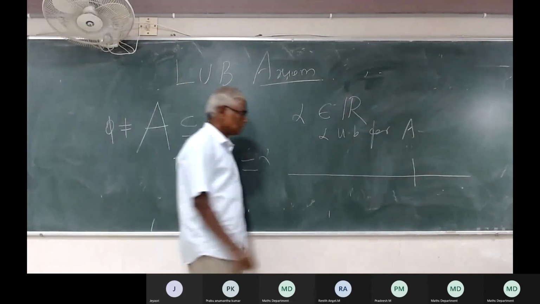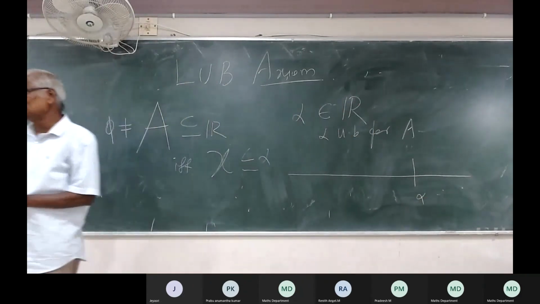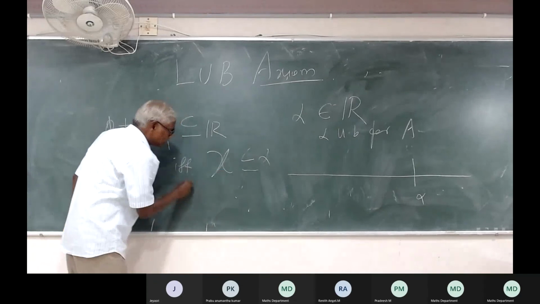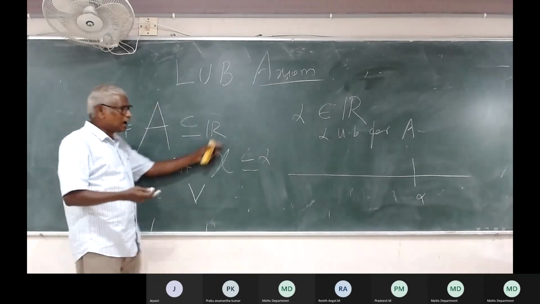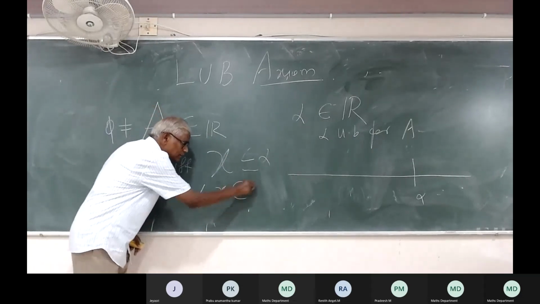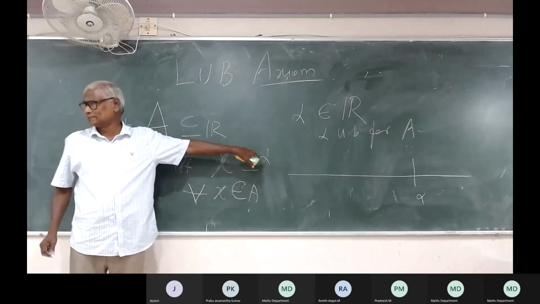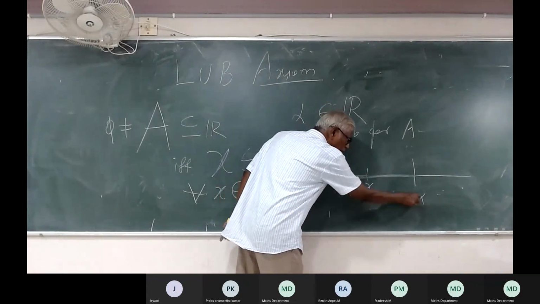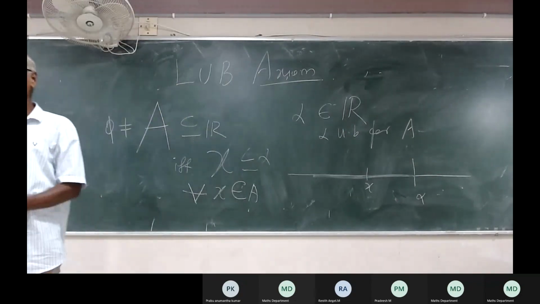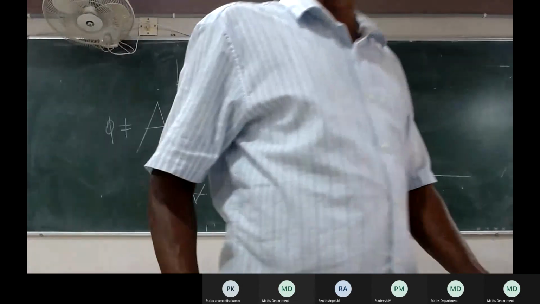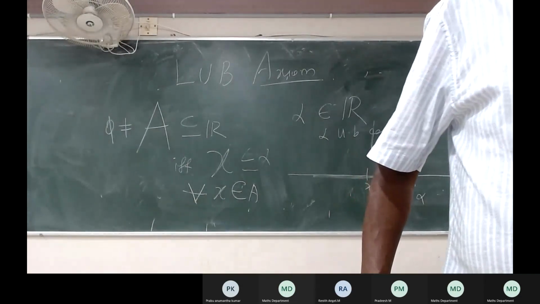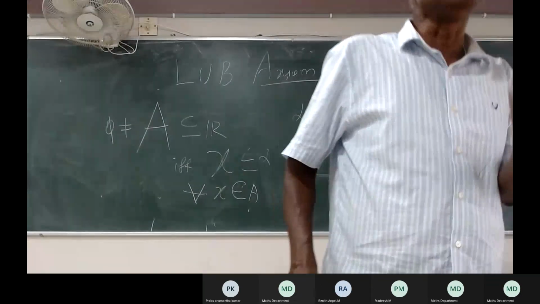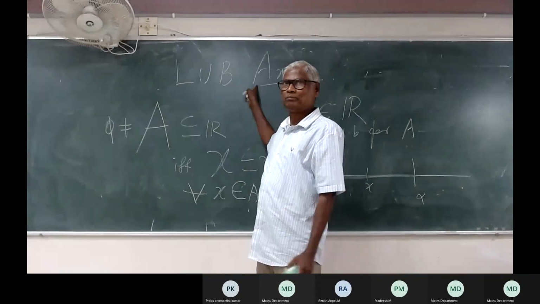Go to the real line. Alpha is here. We are not saying x less than or equal to alpha for all x in R; we are saying it for all x in A. That means if x is in A, then x is less than or equal to alpha, so x is on the left side, it may be equal also. Alpha may be in A or it may not be in A, no restriction. But if x is in A, x should be less than or equal to alpha. Then we say alpha is an upper bound. Every set need not have an upper bound. That's why we need the LUB axiom. If a set